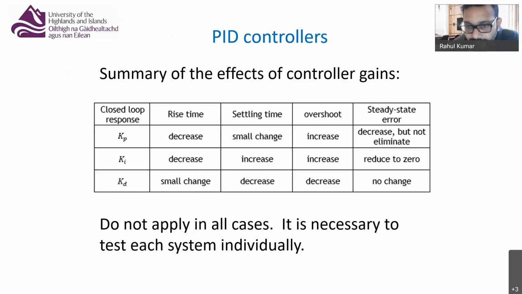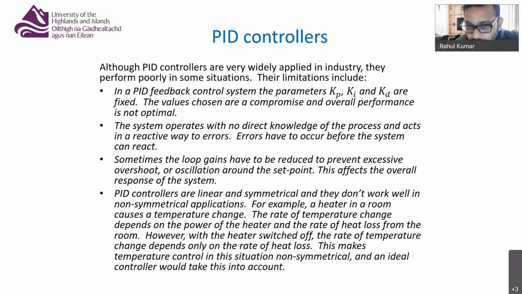Now in this slide I have summarized all the points. So what happens with the rise time, what happens with the value of kp for this PID controller. So kp is the proportional gain, ki is the integral gain, and kd is the derivative or differential gain. Right? So basically we have discussed, I've kind of summarized it here. And similarly, I have also mentioned the important points for PID controller. You can read it through.